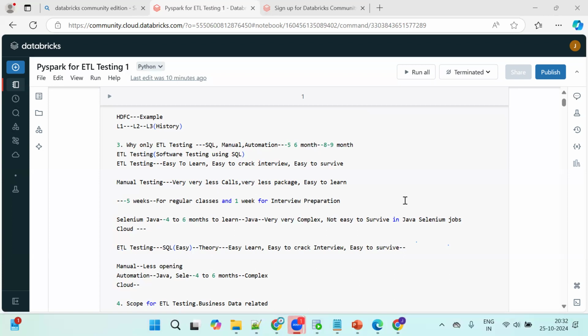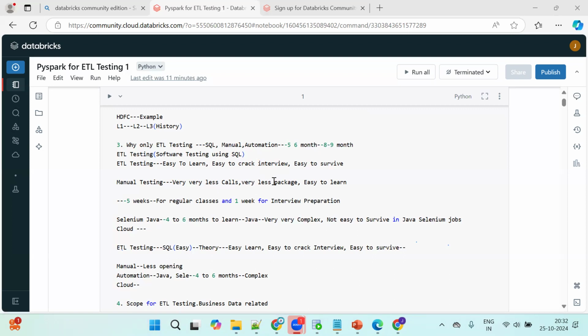Not everyone can work on development, but everyone can work on testing. If you focus two or three hours, you will be able to catch the testing part. But development is difficult if you are not a pro, and it is hard to manage the pressure. If you ask any developer, they will tell you the pain. So ETL testing is a good method, good scope, good technology to start your career,